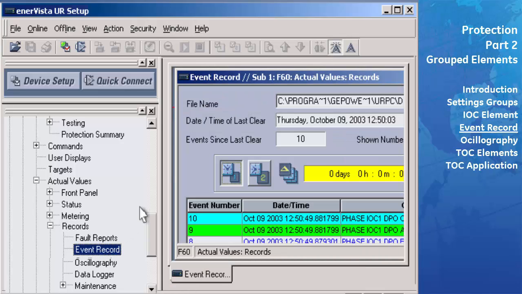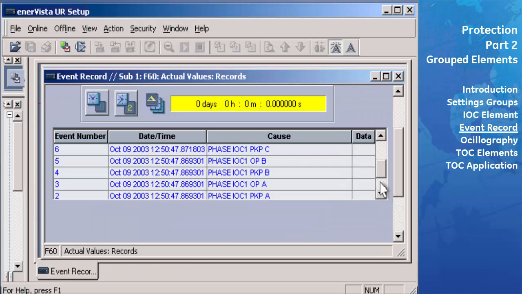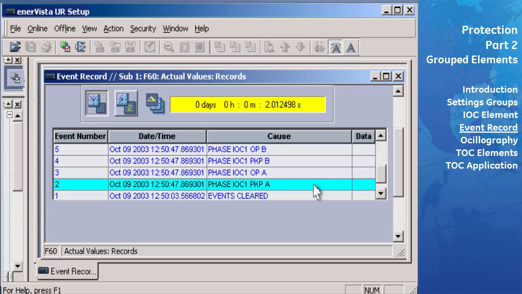This event record will show a time-stamped sequence of what occurred at the time of the fault. At the bottom of the record, you will see a line showing the pickup of the phase IOC element for each phase. Activate the control of the blue cursor by clicking on the blue number 1 button at the top of the window. If you now click on the phase IOC1 pickup phase A line, the blue cursor will highlight